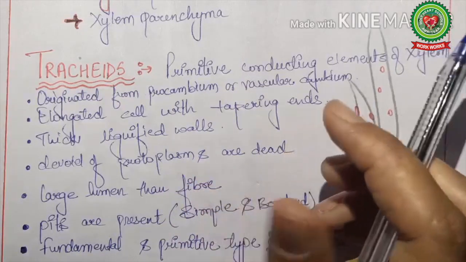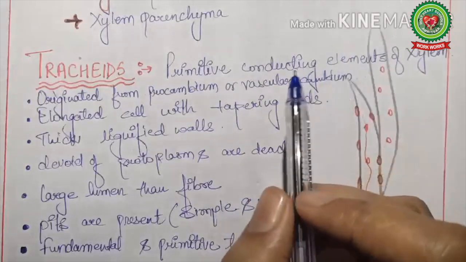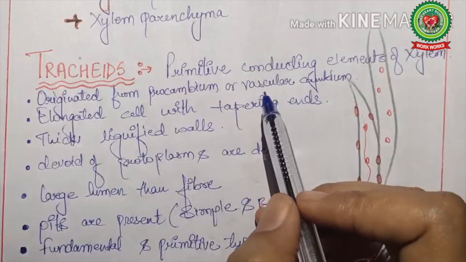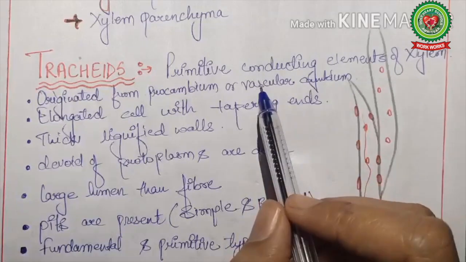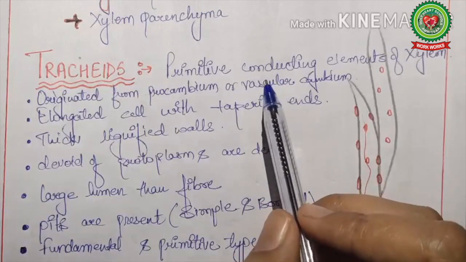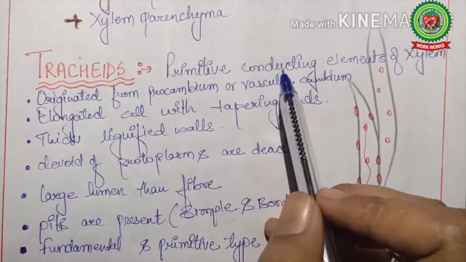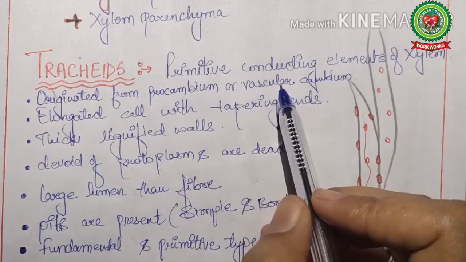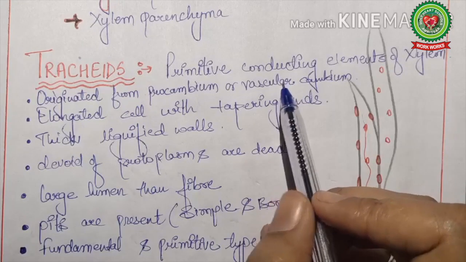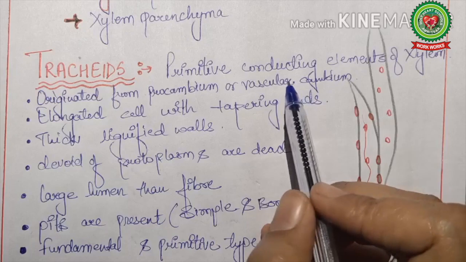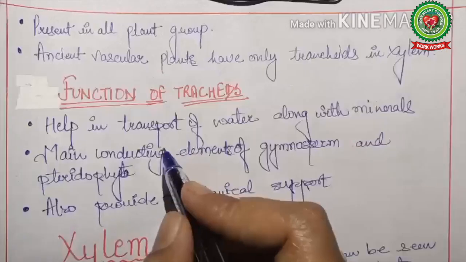Now, pteridophytes were the first to develop vascular bundles, and these are plants in which xylem only consists of tracheids. That means in pteridophytes, xylem represents only tracheid elements, whereas in gymnosperms, xylem consists of 95% tracheids, and angiosperms are the first to have vessels. These are the advanced plants which consist mainly of vessels.